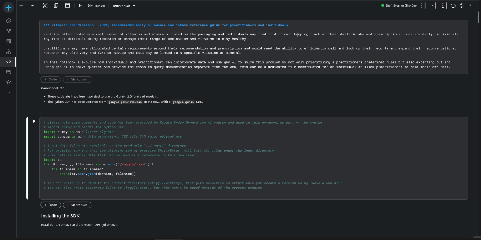This is a reference guide for practitioners and individuals to look up vitamins, minerals, and the RDA, recommended daily allowance. So I have a use case here where I believe it will help individuals and practitioners manage their data, give them a reference source, whether it's internal or external from the web, and allow them to incorporate some mechanism to look up documents or data or prescriptions, maybe specified or